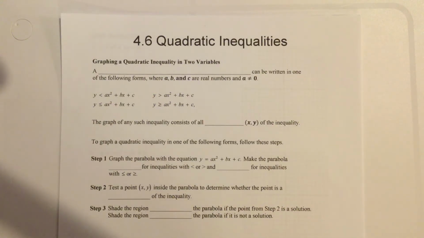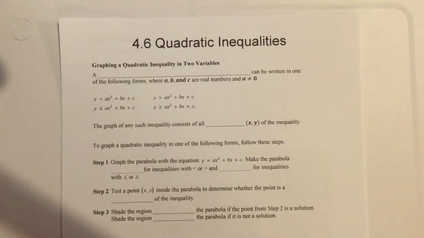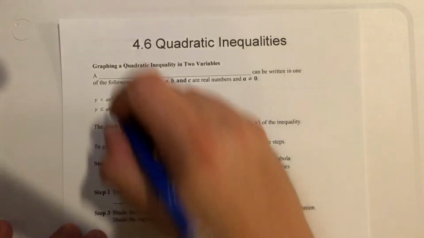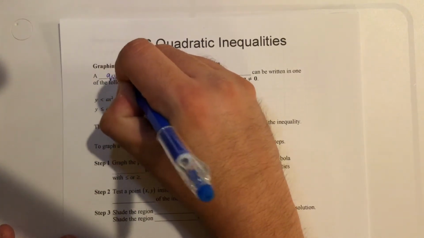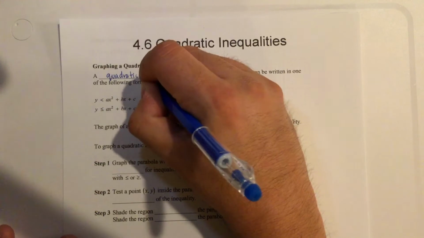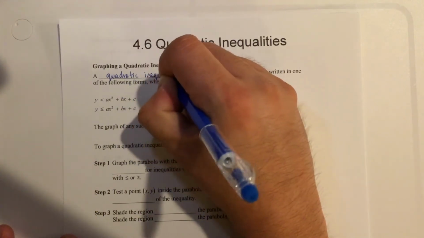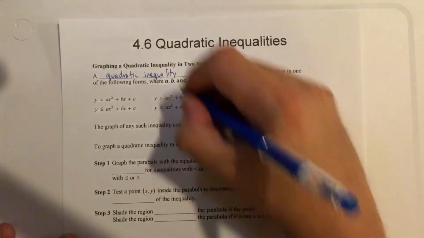Okay, so these are the notes for graphing quadratic inequalities. So let's go ahead and start by filling in the blanks. It says a quadratic inequality in two variables